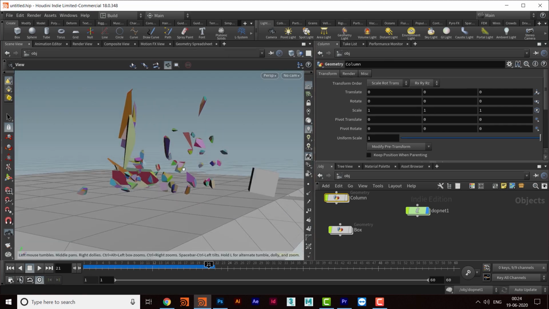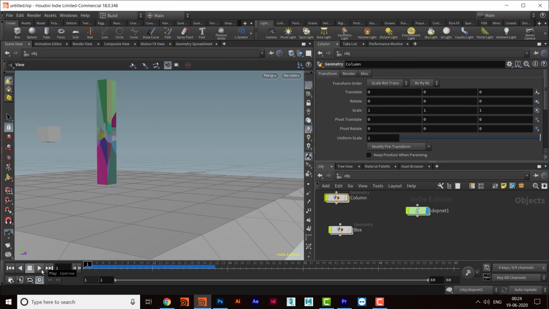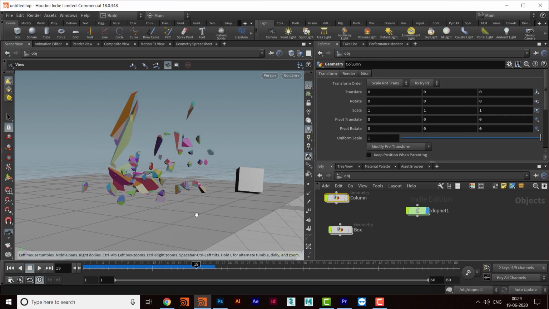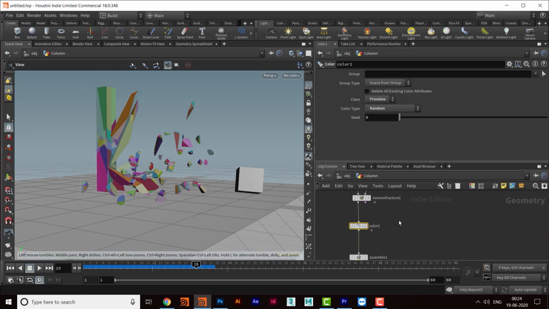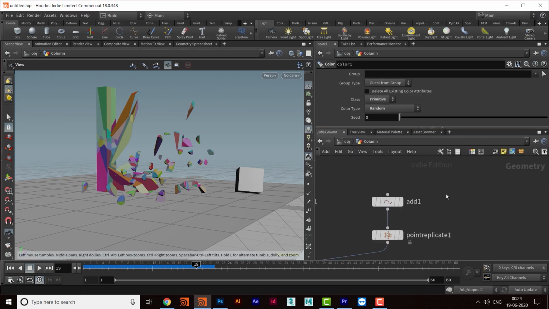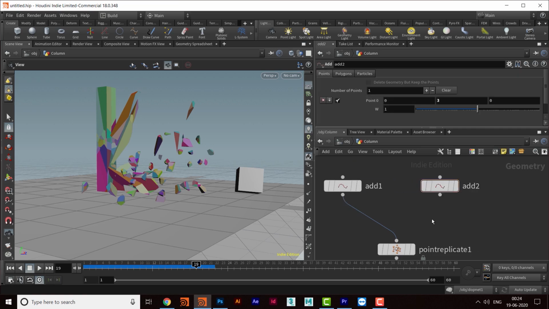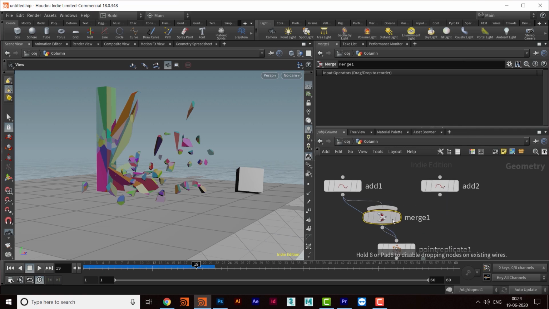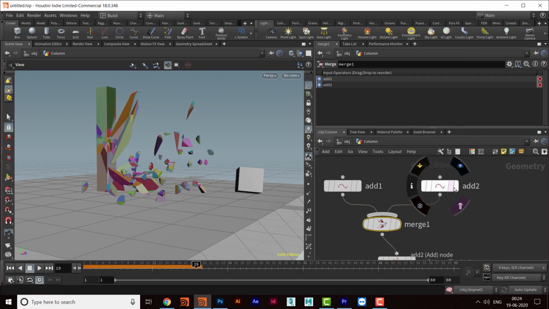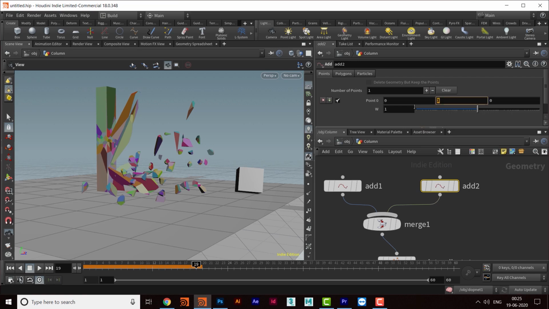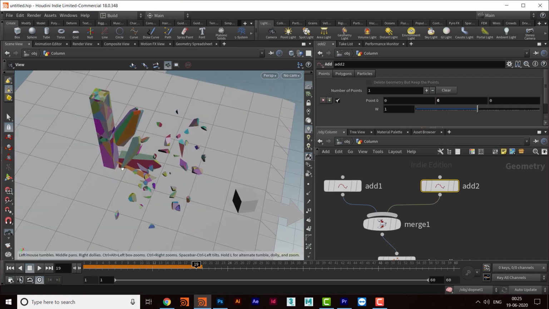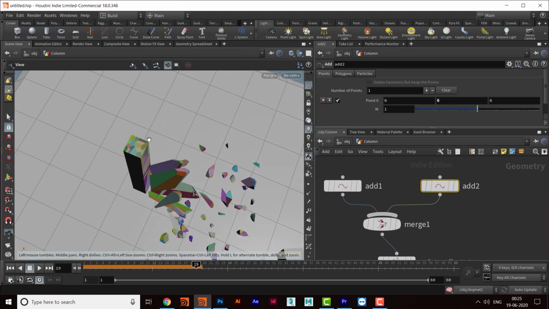Okay, so these are the chunks we have created with the help of this add. What we can do, we can take more add, we can take more points. Maybe I want one point here, then maybe I can press alt and take a duplicate of it and then take a merge. Okay, apply here and then connect here and then keep it to 6, and then some more points are created here.